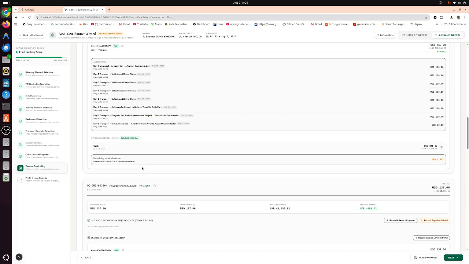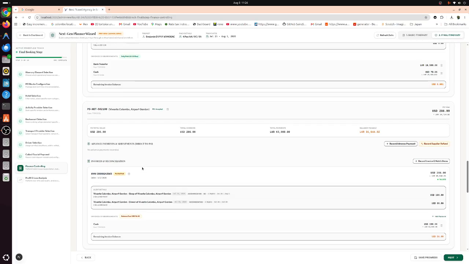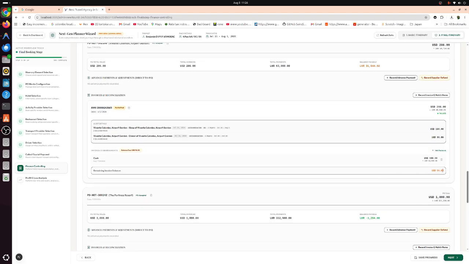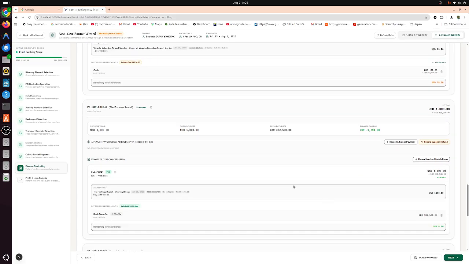So there are 2 items, there's a mistake here, so let's leave that for the moment. And then we have the hotel garden, and all the payments related to that are here. In this particular case there is a balance for this, because we thought that we were going to get a refund of $96. Now since we're not going to get it, I have to close that, so there is a remaining balance here for the dinner. And if you get a refund, you can do that. And if you want to add an advance payment, match an invoice, or else add a payment, everything can be done here